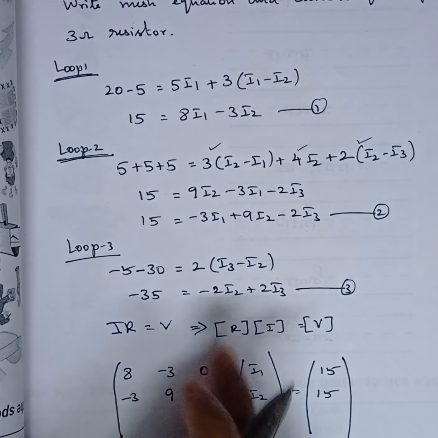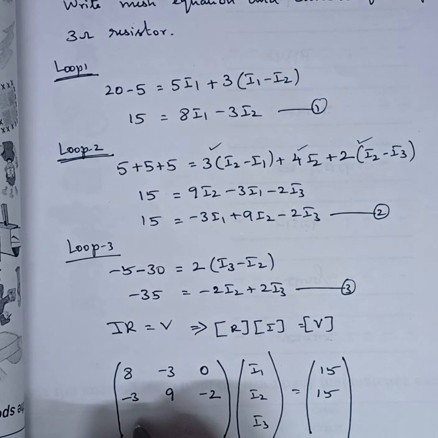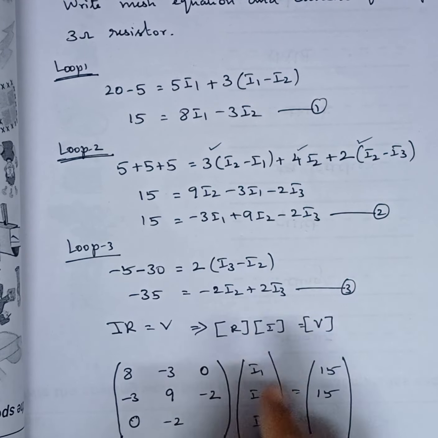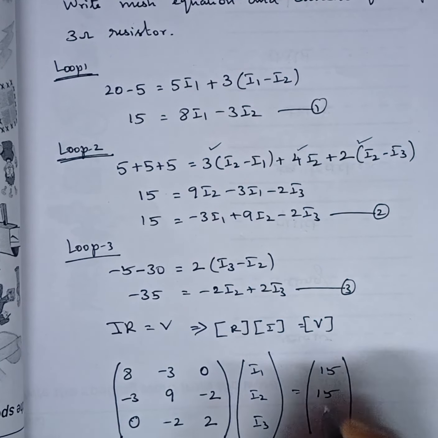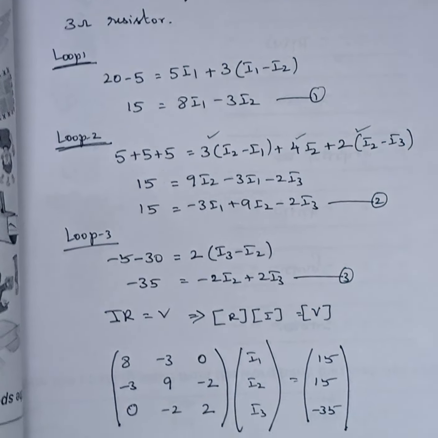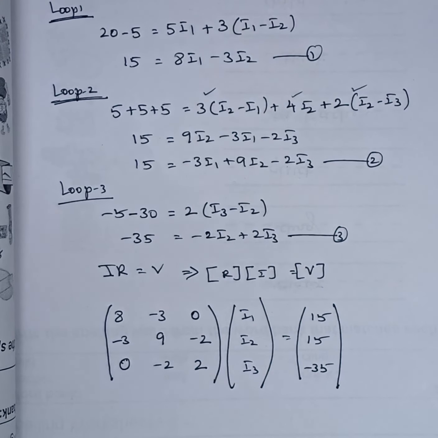for the third equation it is minus 35. Before that, there is no coefficient of I1, so you put this as 0, I2 is minus 2, I3 is plus 2, clear? Then here minus 35, okay, minus 35. So